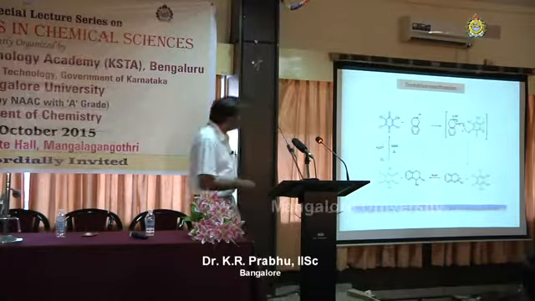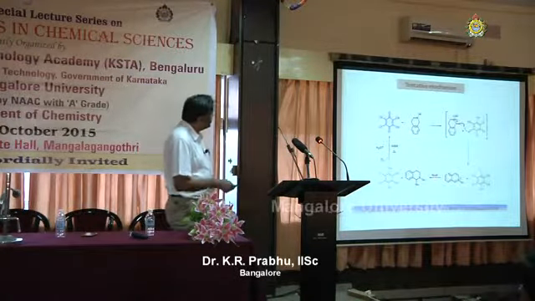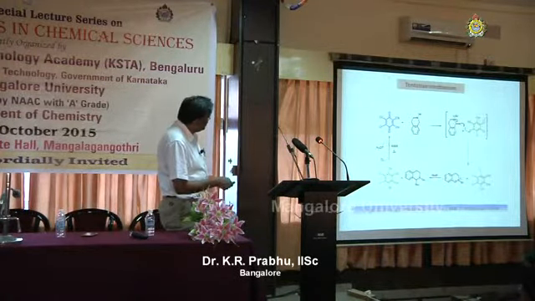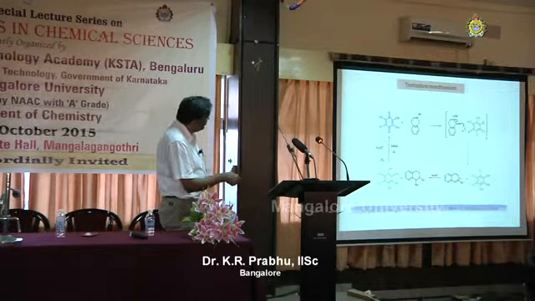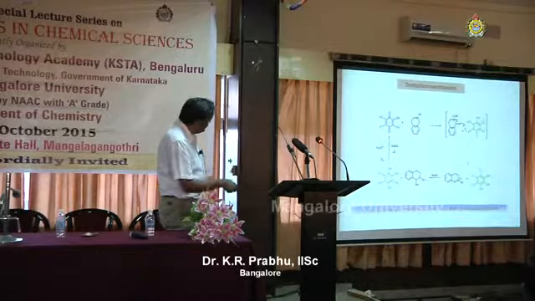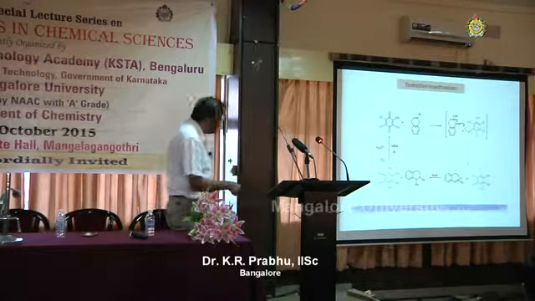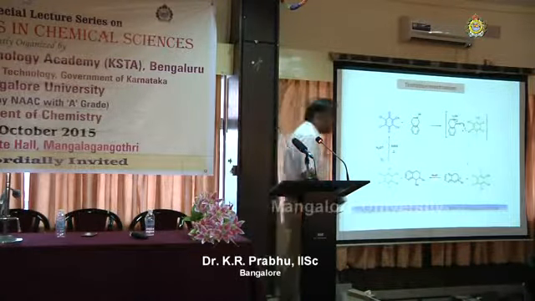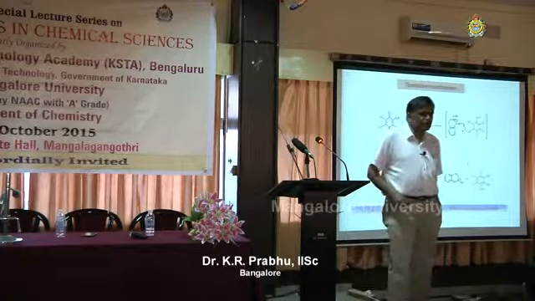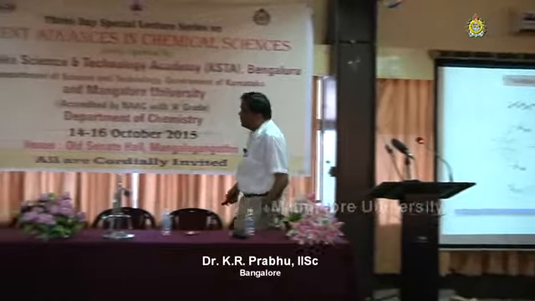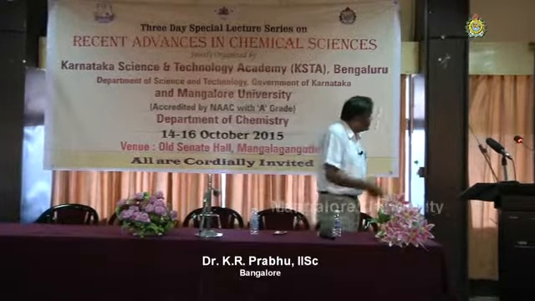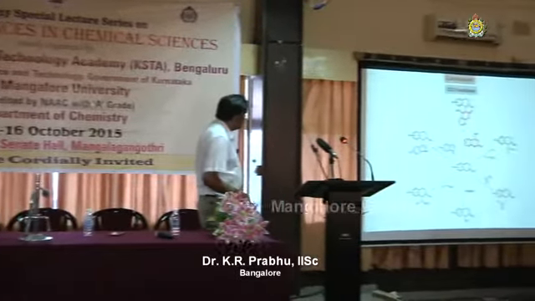This is the mechanism we thought it goes through. For example, if you have tetrahydroisoquinoline in presence of DDQ, it forms like this, where electron flows like this, and ultimately it has to go through an iminium salt. That is what we think. Although we did some control experiments, we cannot completely prove that mechanism. This is one of the tentative mechanisms we are going to present. So again, it is given over here, the radical mechanism.